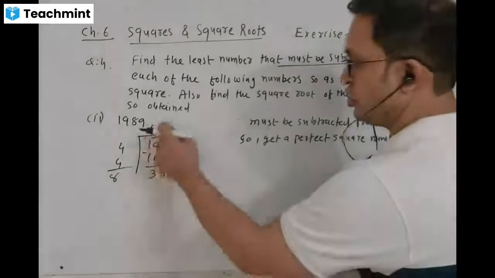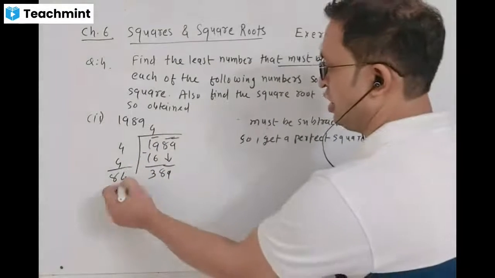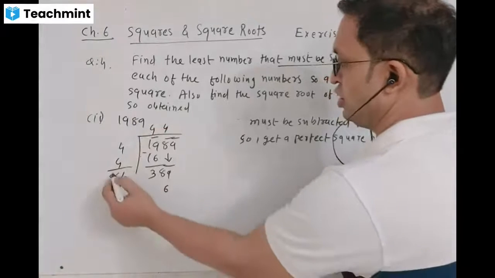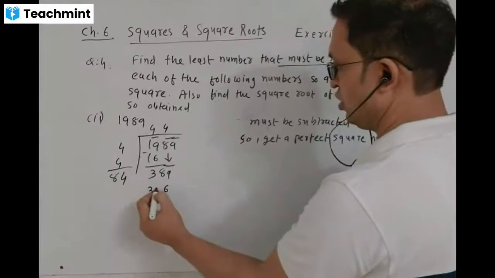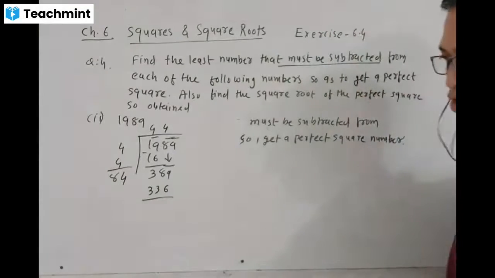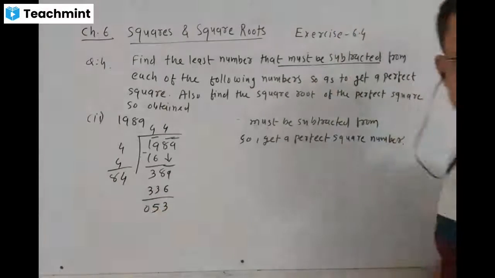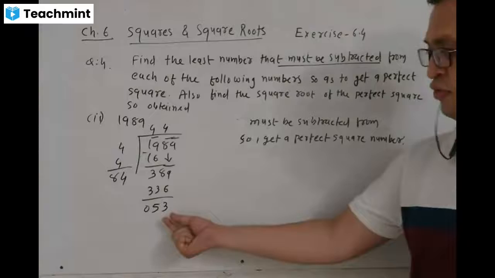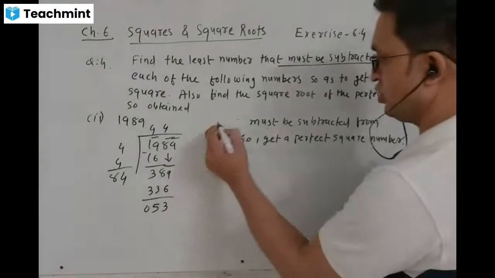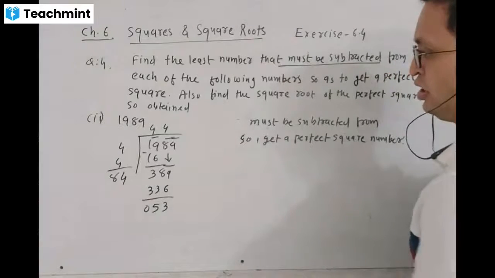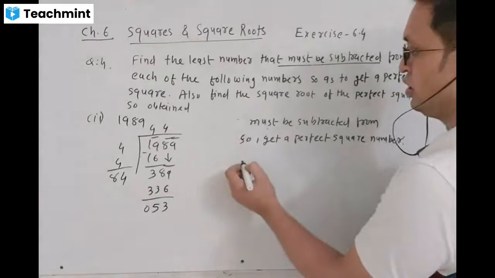Therefore 83, 3 3s are 9, 84, 4 4s are 16. Yes, it is possible. 84 4, 4 4 are 16. Carry digit 1. 4 into 32 plus 1, 33. Okay, clear? And 9 minus 6, that is 3. That is 5. Divide. Therefore remainder is 53. सर ये 87 से भी हो सकता है? नहीं हो सकता. 87 7 का तो बहुत बड़ा हो जाएगा. Not possible. Okay. Okay sir.